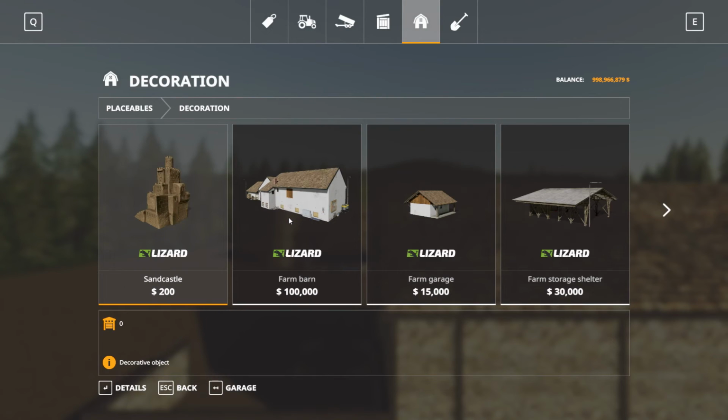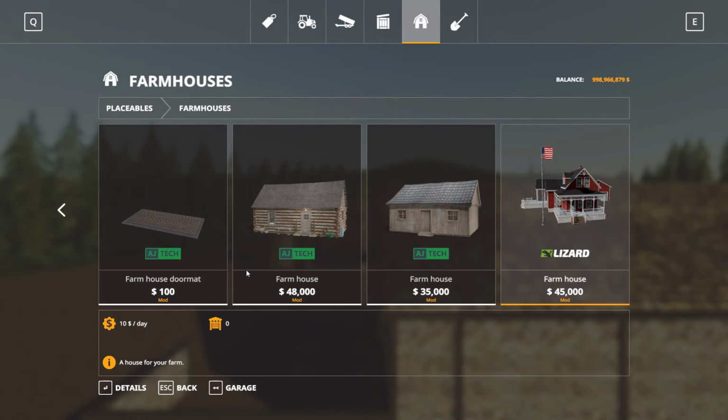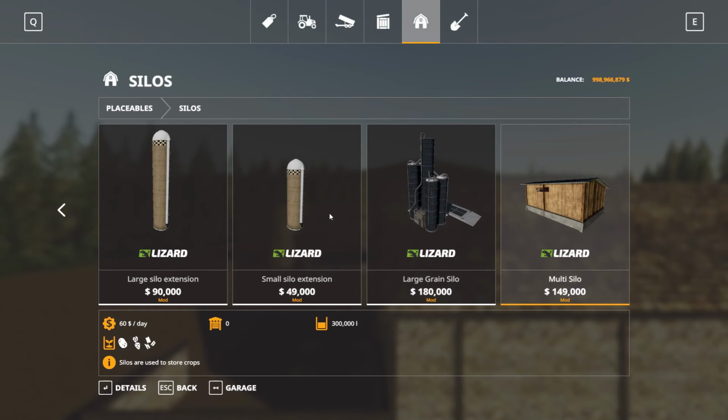I might be just skipping past it. Silos, farmhouses. It's not under there. No. It's not under sheds. Of course. Silos, we've kind of taken care of. This multi-silo, I'd like to figure out a way to work it in, but...